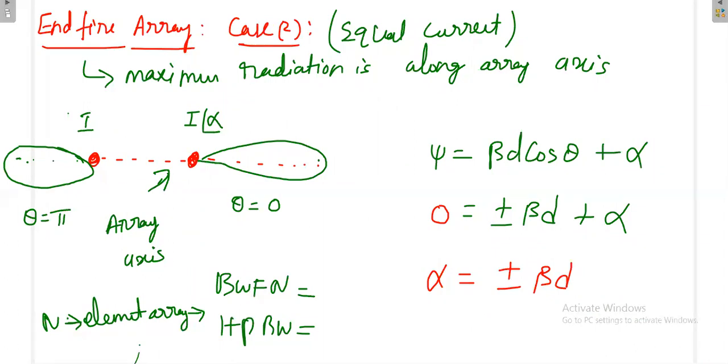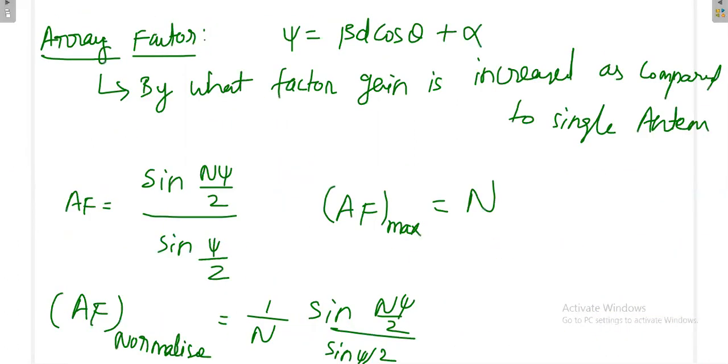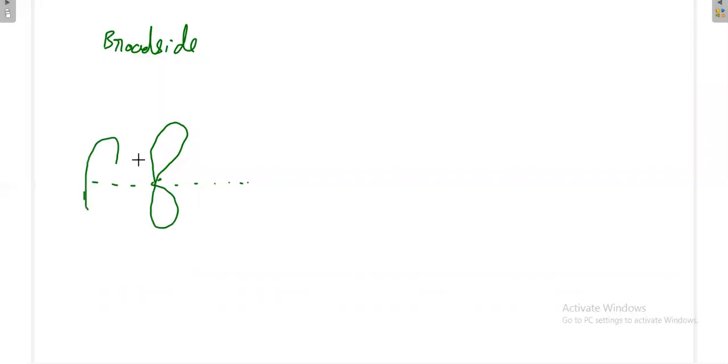For that I will compare both. Once you have a broadside array, with the array axis like this, you are getting power here and also here, but this is 2D only, you have to rotate it. Once you rotate it, it will form a 3D shape. In which direction do you rotate? Like this. That is the original broadside array shape.